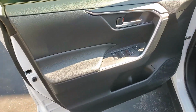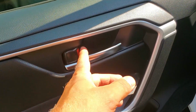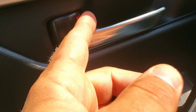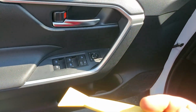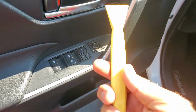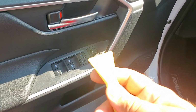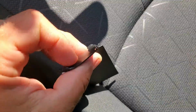First thing I have to do, I have to take this door panel off, and we're gonna start from this edge right here. We're gonna pry this, and this plastic piece is supposed to come off. I bought these trim removal tools. They're plastic, and instead of using a flathead screwdriver, you can use this. This piece comes out relatively easy,